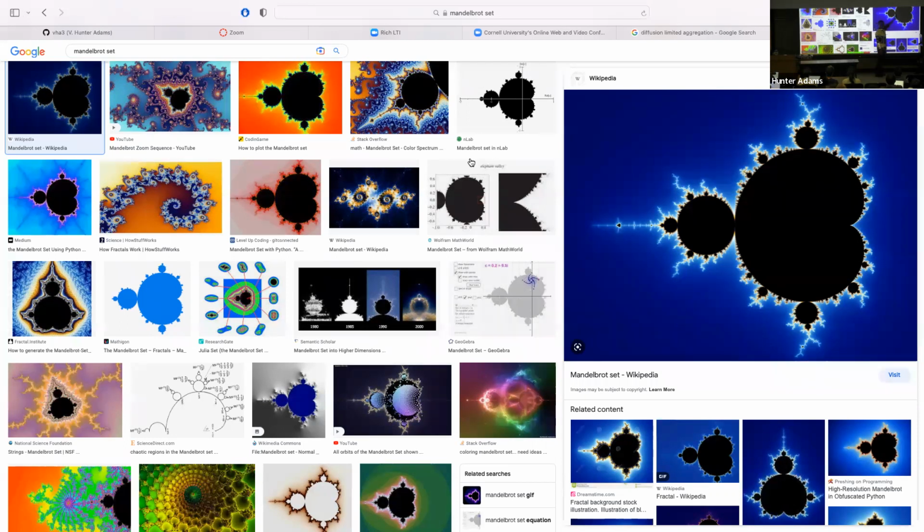What many folks have discovered if they've run this example on the RP2040 is that generating this whole set on the RP2040 takes a considerable amount of time. The reason for that is in order to figure out which points are in the set and which points are outside of the set, we have to run an iteration, which takes some time. So there are a few flavors of final projects based on the Mandelbrot set that I might imagine. One is if folks are really into optimization, if you really like the optimization part of the Boyd's lab, for instance, you could try to accelerate the computation of the Mandelbrot set to the greatest extent that you possibly could, looking into the deepest, darkest corners of the data sheet to try to figure out ways to make this happen as quickly as you can possibly manage.